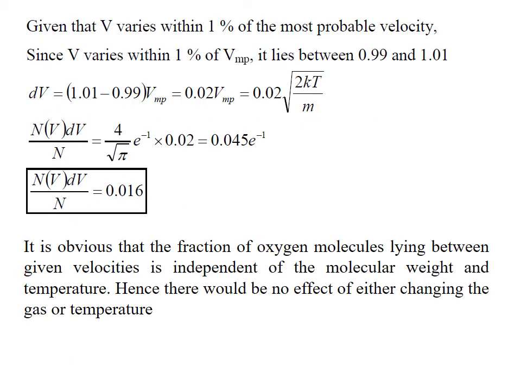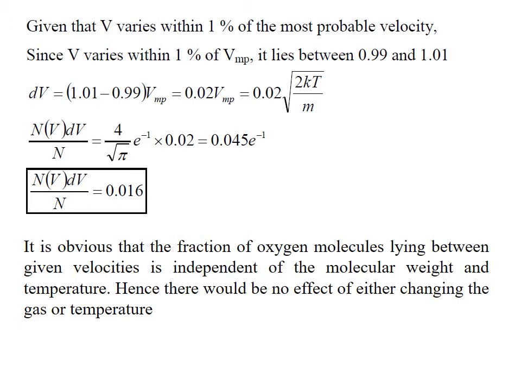And we know that the gas velocity varies within 1% of the most probable velocity. So hence the most probable velocity lies between 0.99 to 1.01. And further, the change in the velocity can be written as 1.01 minus 0.99 times the most probable velocity. Hence, on further simplification, we get the value of most probable velocity as 0.02 into square root of 2